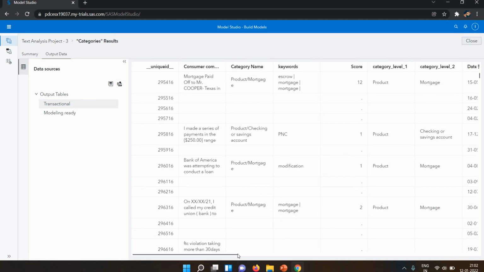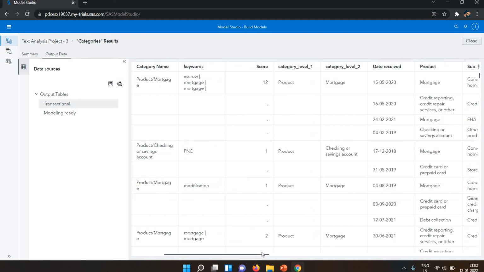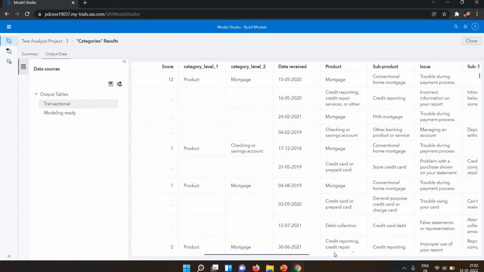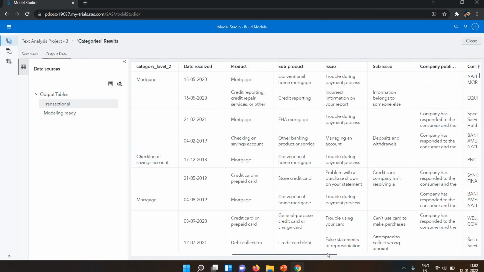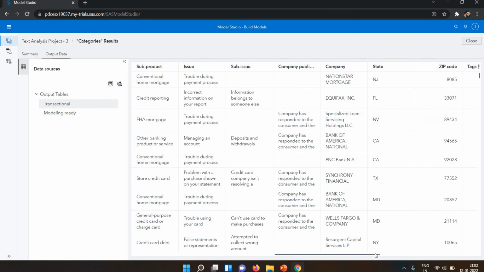Okay, so this is category level 1, category level 2, then we have date received, then we have the products, sub products, issues, sub issues. Okay, so this is all about the data.